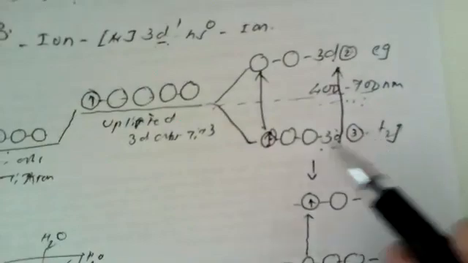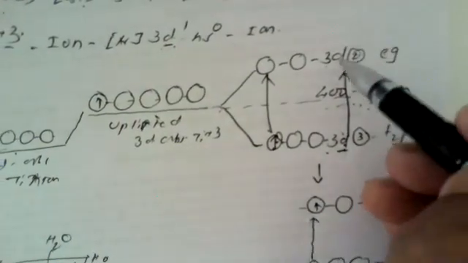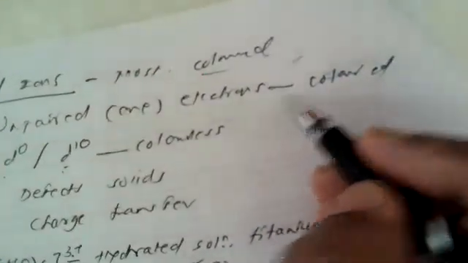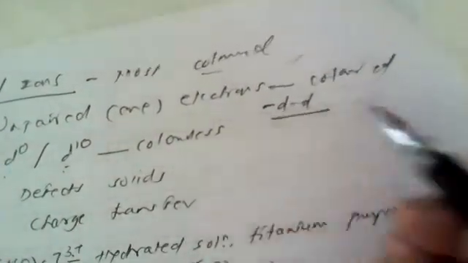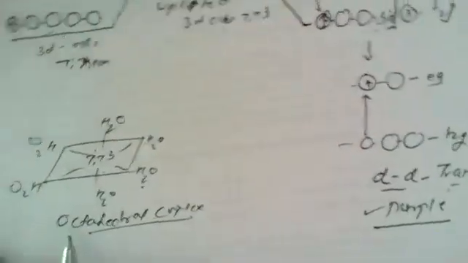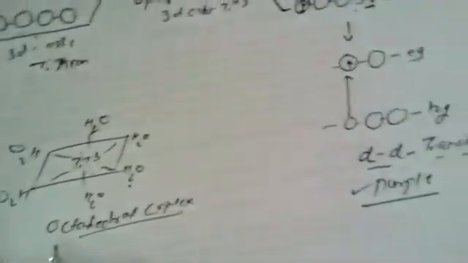So the jumping of an electron from one d level to another d level, but in the same electron subshell, is known as a d-d transition of electrons. So here one can write that the color is also due to the d-d transition of electrons. The single electron present in the 3d orbital is promoted from one d level to another d level, but in the same electron subshell, is known as a d-d transition of electrons.